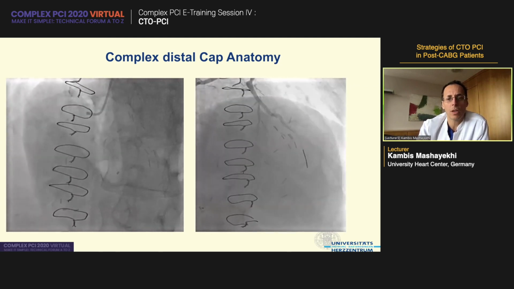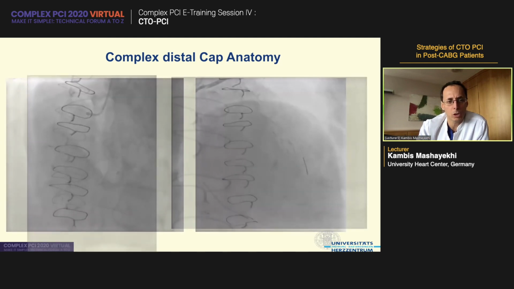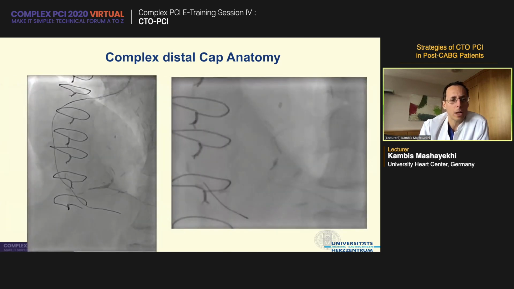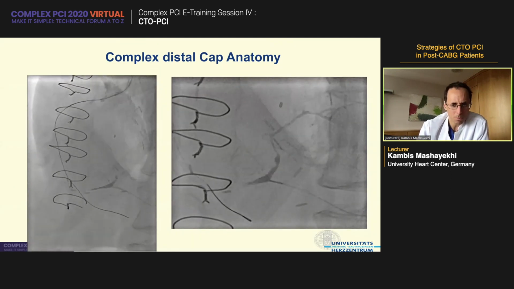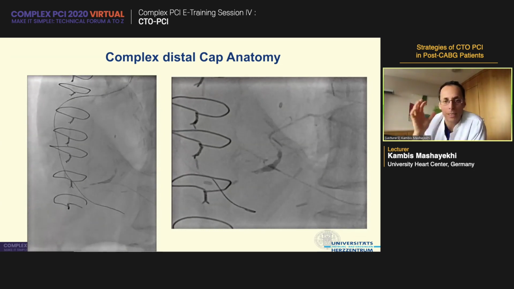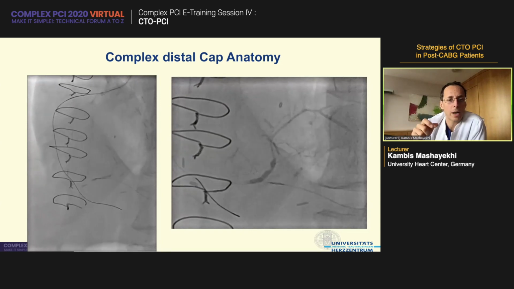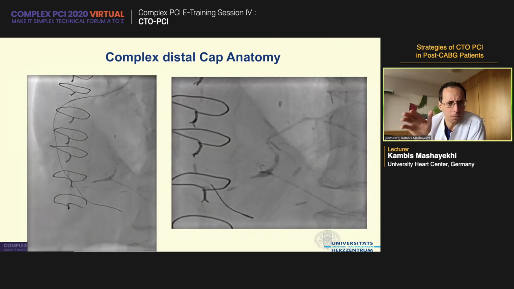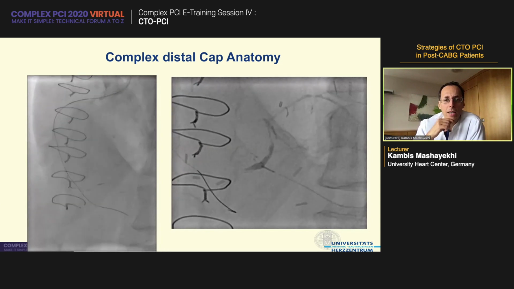So here it's very easy to go retrograde. You see those are straightforward collateral channels there. I was also able to go retrograde, but then I didn't know what was going on at the distal cap. So I tried to wire antegradely, but the wire went into some right marginal branch. And therefore I did a deep injection in the distal